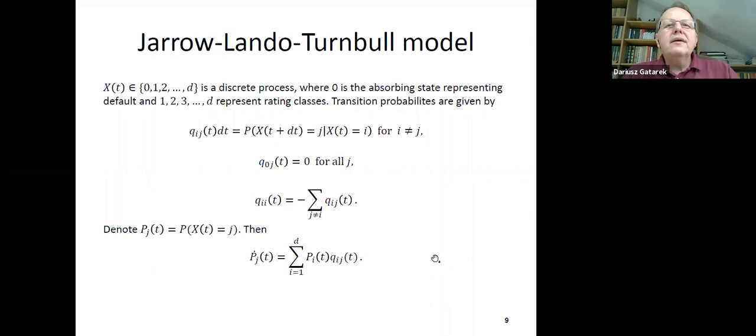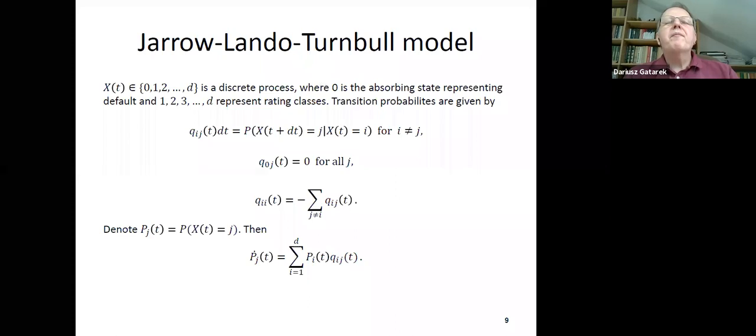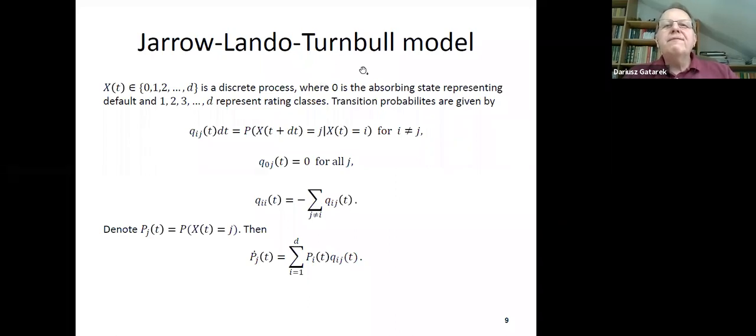And it is not used for trading, as far as I know. This is rather for regulatory purposes to calculate limits and so on, to report to regulators,